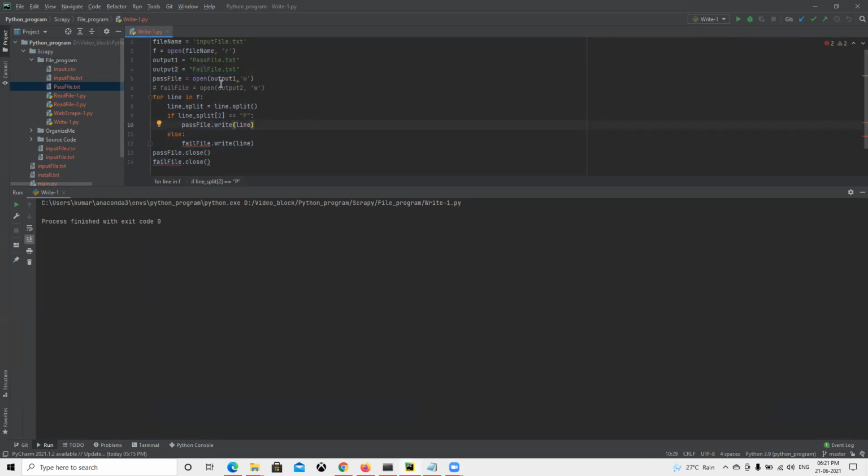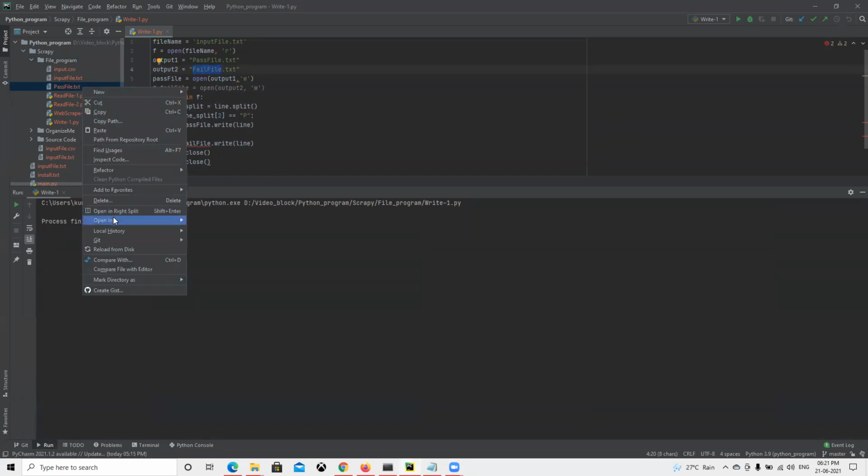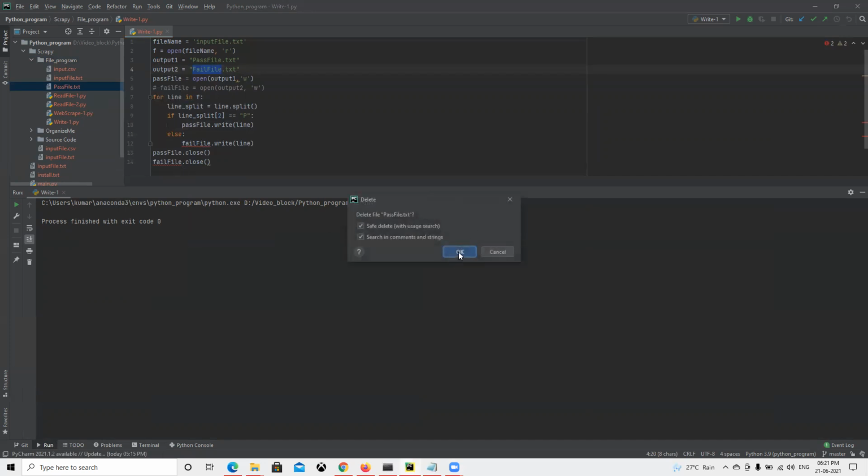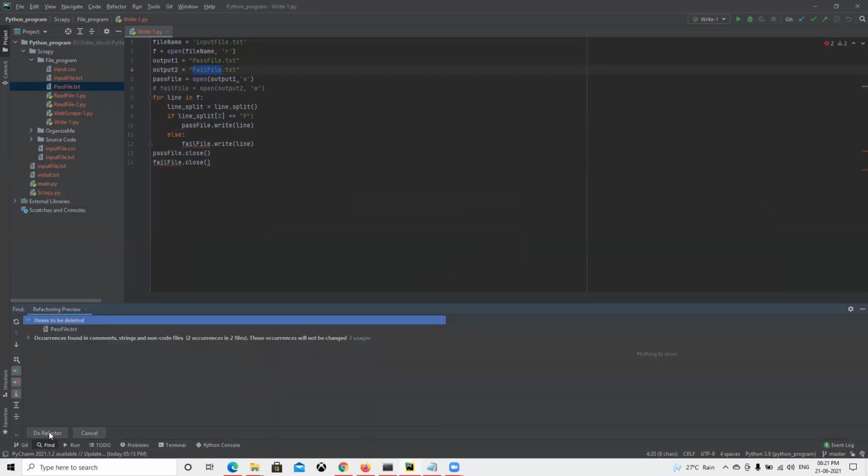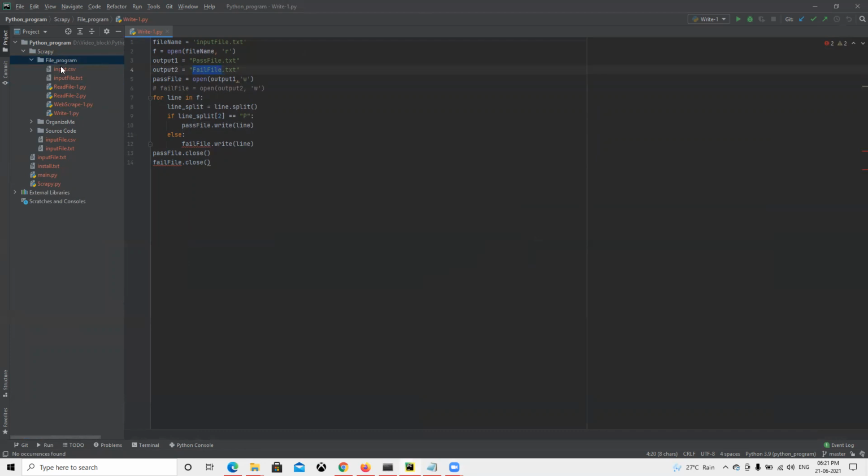Now we're going to create the second output, that fail file, and then we're going to write to it in that way, and then we are closing it out. If we go and run this, before running I can go ahead and delete this file so that it can be recreated again, and we can see it reflect. Now no more pass file is there. So now if we go and run this,